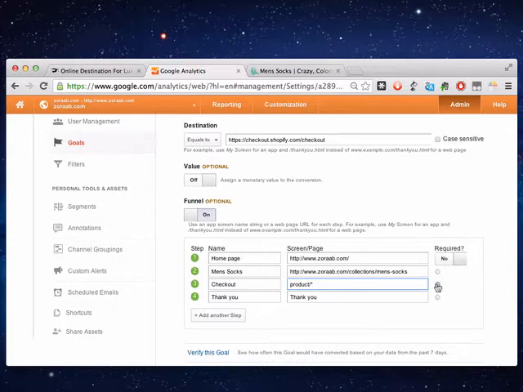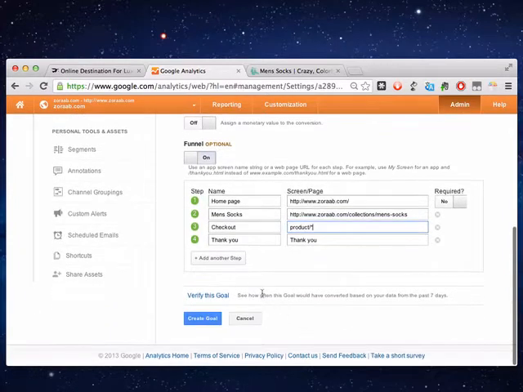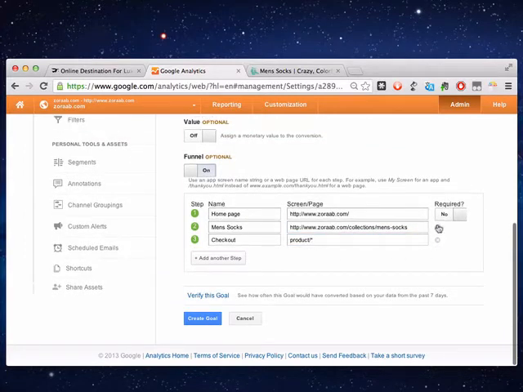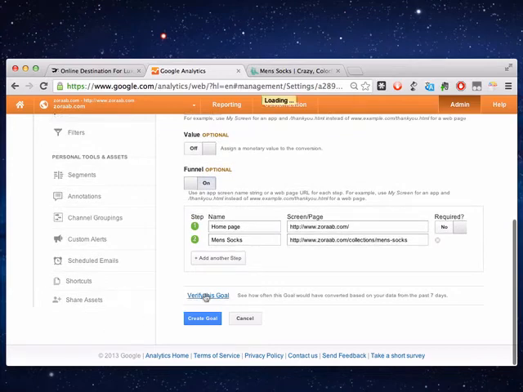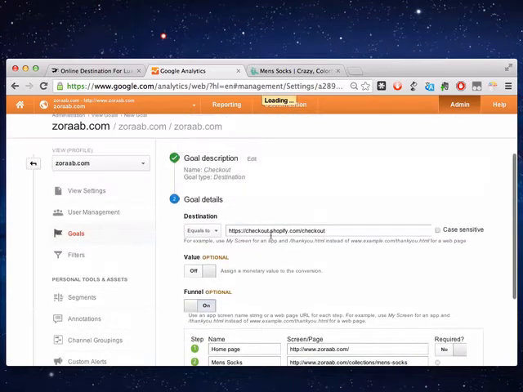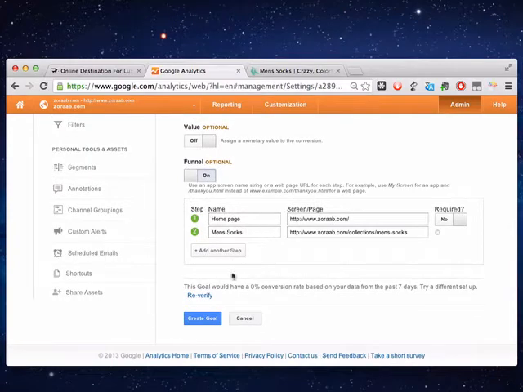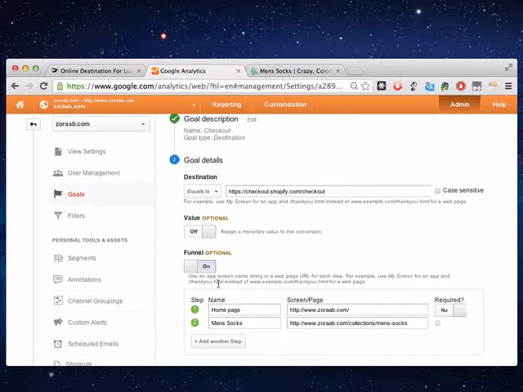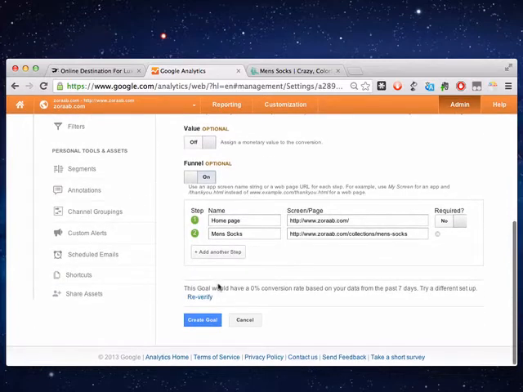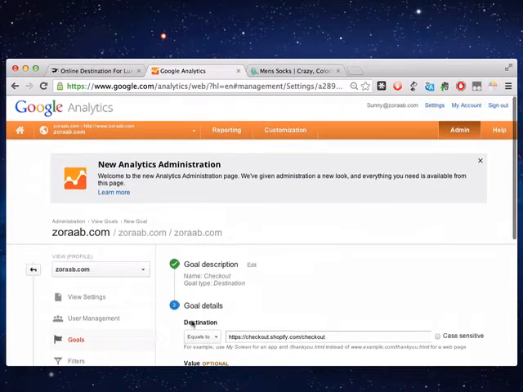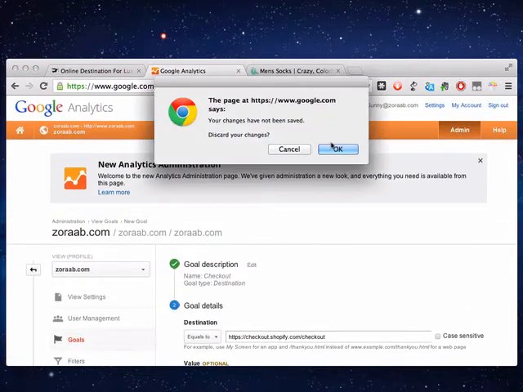And then you can see here that they're not required. And then, we can't verify this goal because we haven't used real data here. Let's get rid of these because those first two are good. Let's see if we can get this to work. Oh no, because we didn't use a real URL at the end either. But in theory, if we had used valid URLs, Shopify makes it a little bit harder because it's not on your own domain, it's off domain. It doesn't matter though, but it just means that we can't actually get what the checkout string would be. Nevertheless, it'll tell you whether or not you've set it up properly, and then you click on Create Goal, right? And then you'll have a goal so that when you're looking in your reporting,